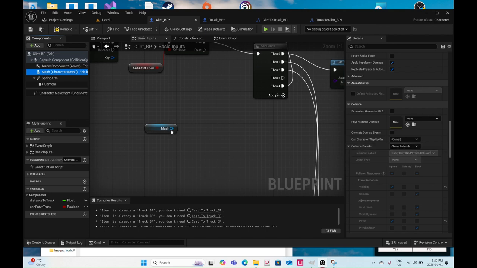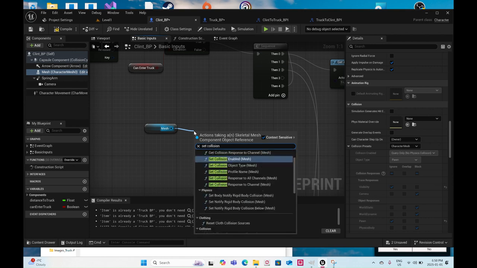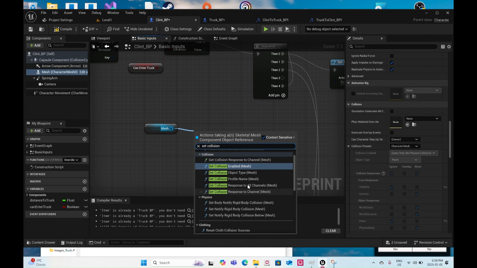Okay, object type is a pawn. Set collision